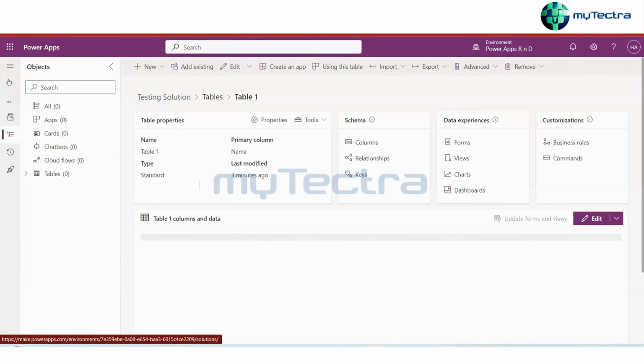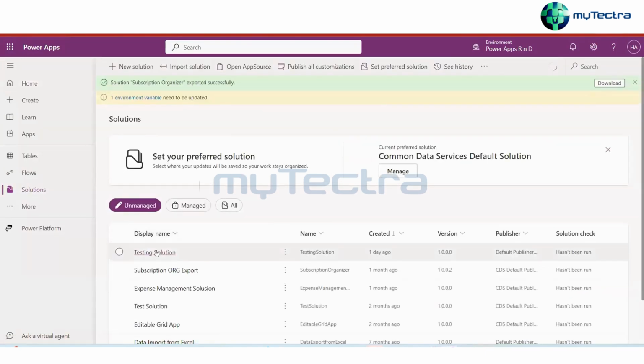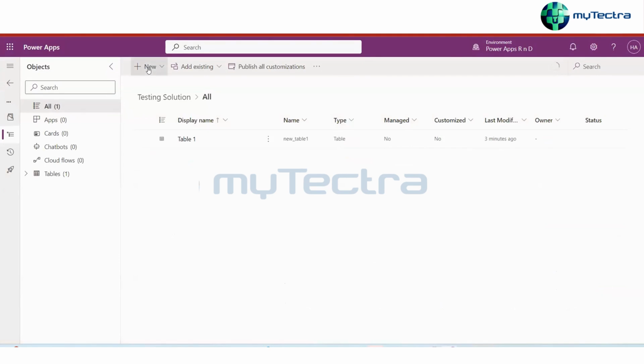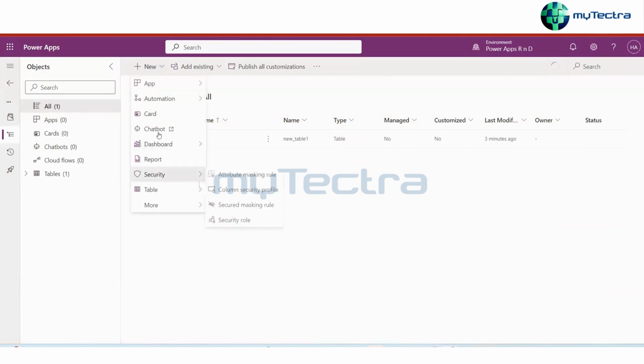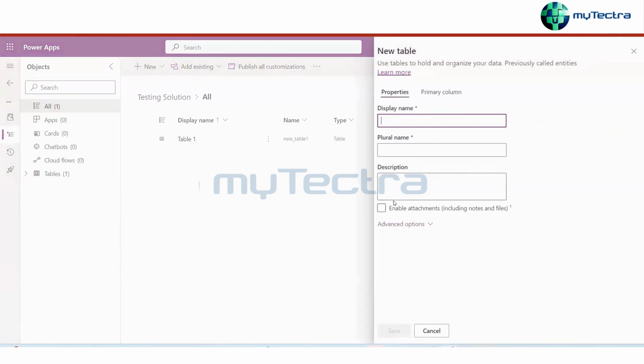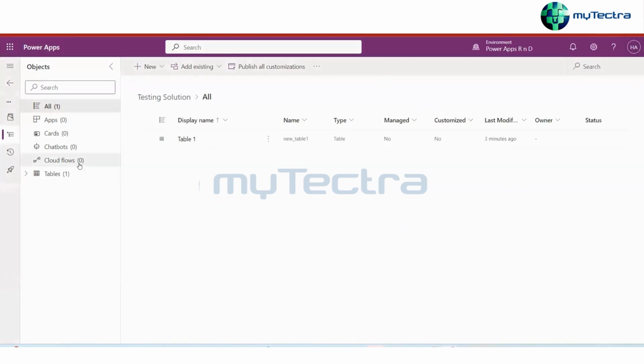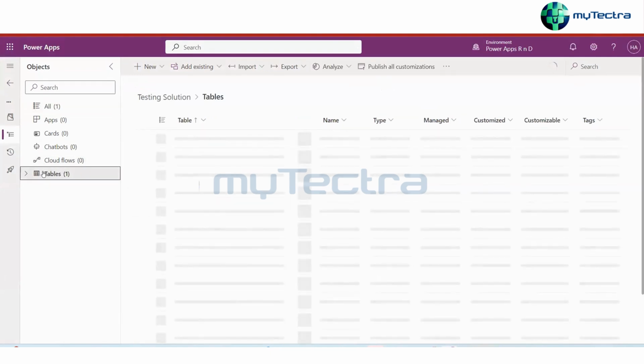See here, yesterday we created one solution. In that solution, we have tables. These tables are nothing but what we can call Dataverse tables. Like this, I just created one table here, table one. If we open it,